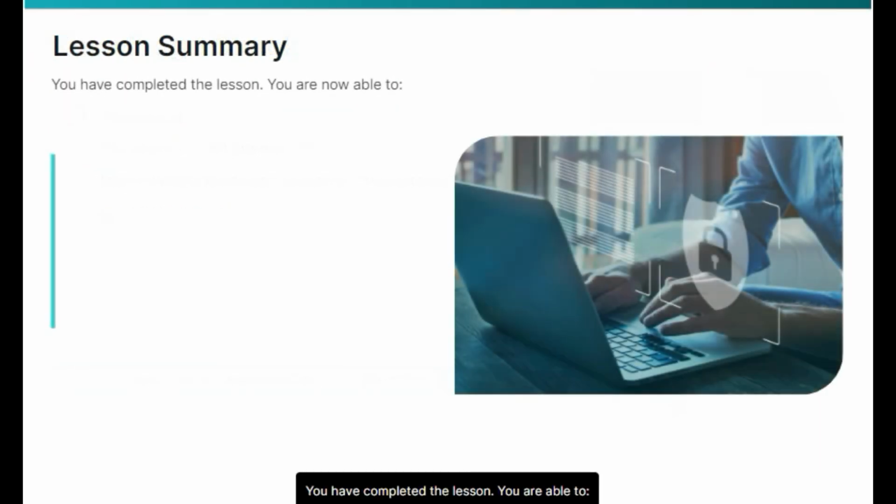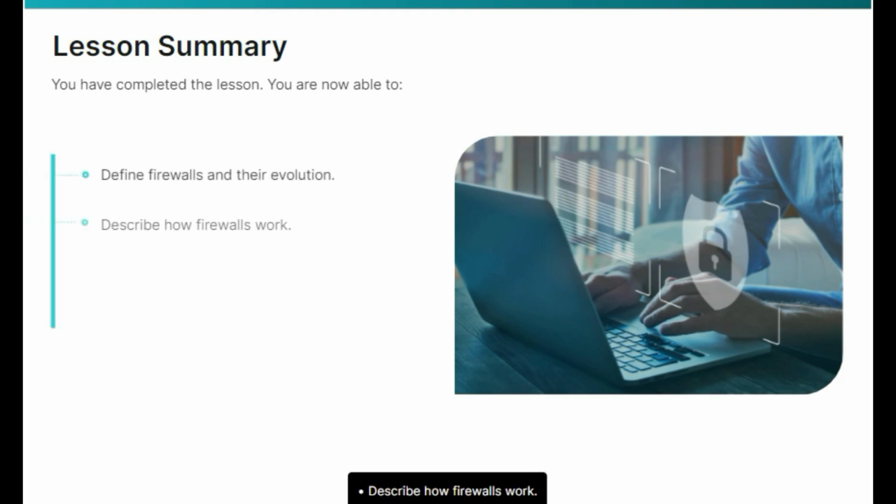You have completed the lesson. You're able to define firewalls and their evolution, describe how firewalls work, explain the latest firewall status,